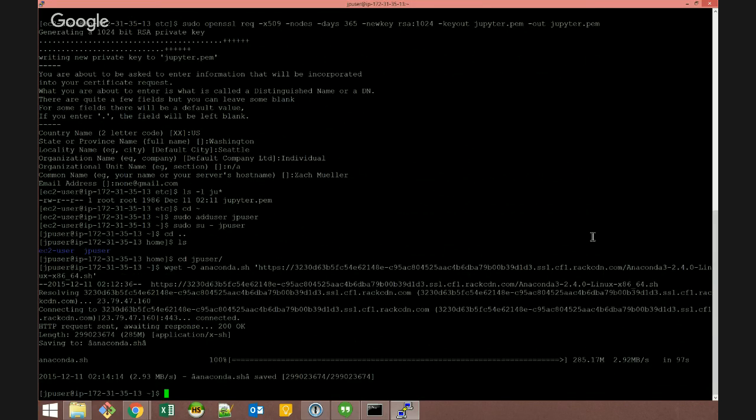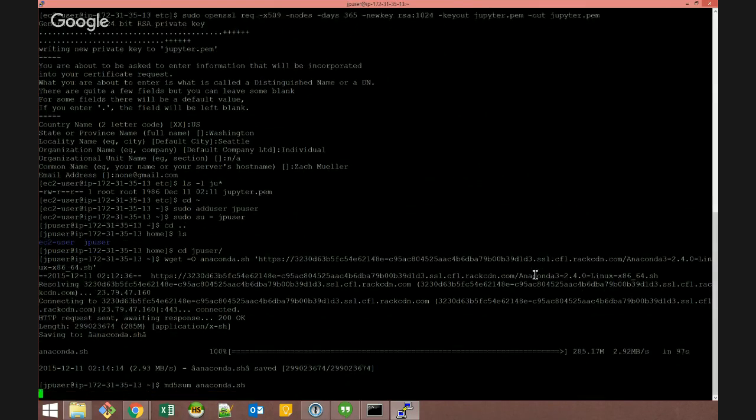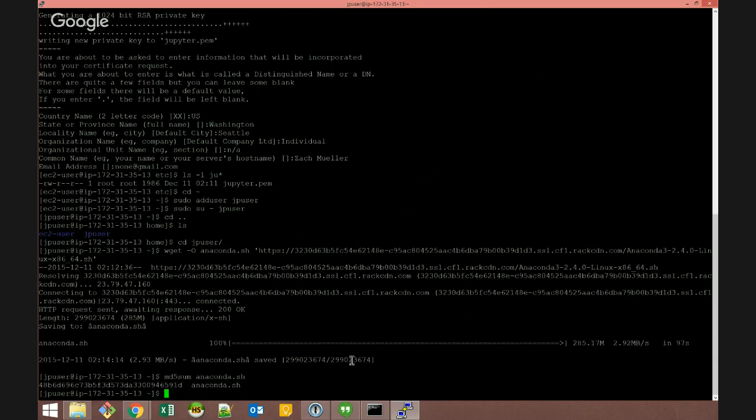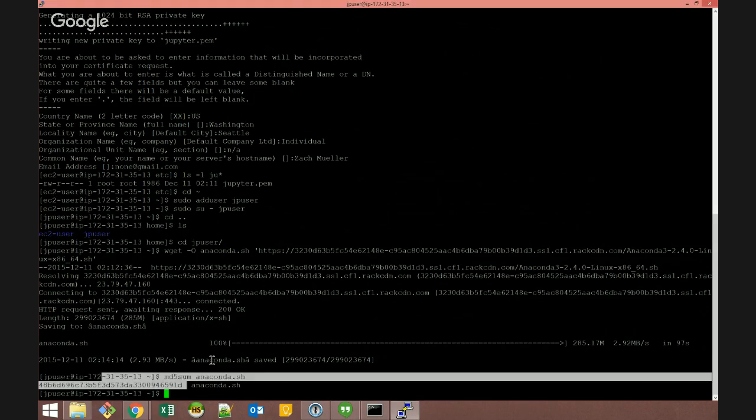Okay, so that's there. So one thing that's definitely good to do whenever you're downloading files like this is to run this thing called the MD5 hash. And the way this works is that you can